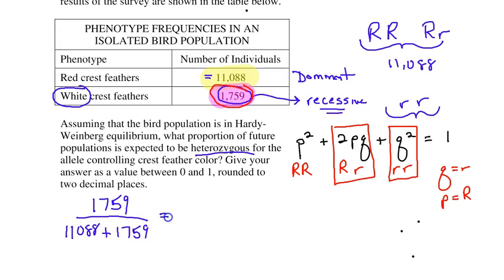And that's going to give me the frequency, or the percentage, if you want to think about it, the fraction of the recessive alleles. So putting that in my calculator, 1,759 divide by 11,088 plus, big finger error, plus 1,759, close my parentheses, and I get a frequency to be, where am I,